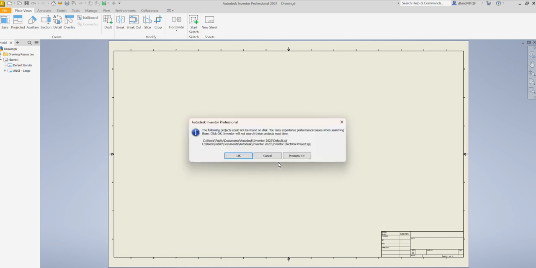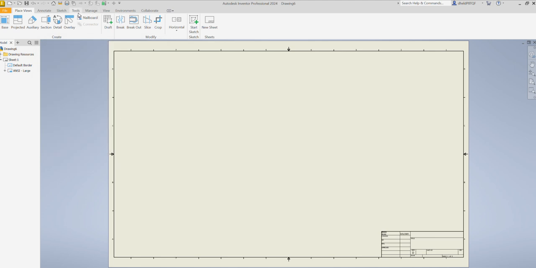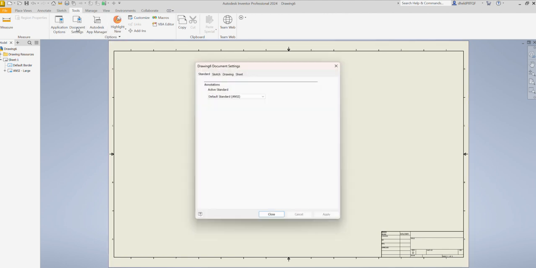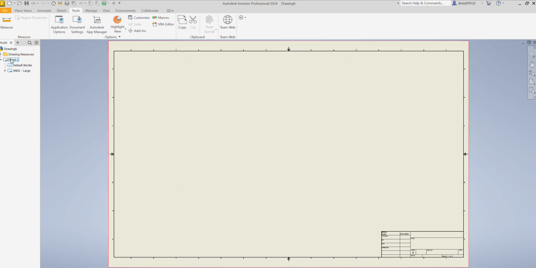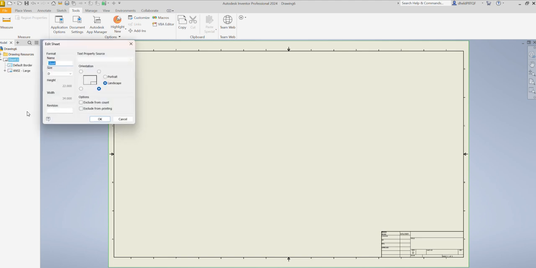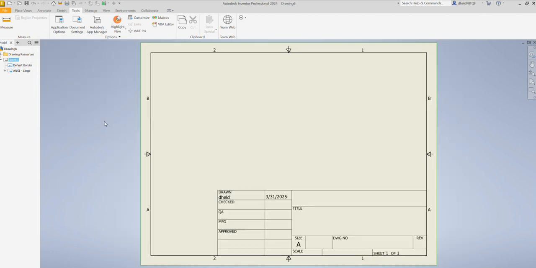Number one, we are in inches, so we're going to go to document settings and change to millimeters under standard and hit apply and close. Next we're going to right click our sheet and edit it, and we want sheet A. Okay,